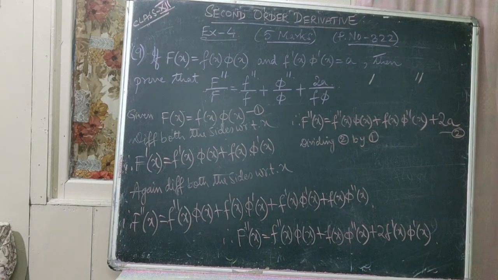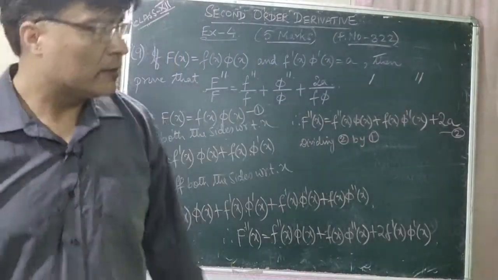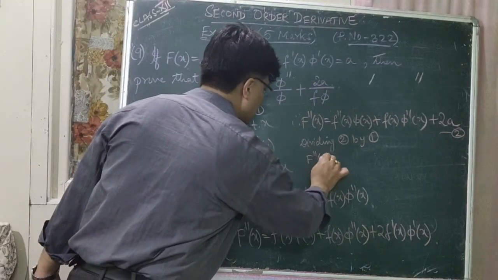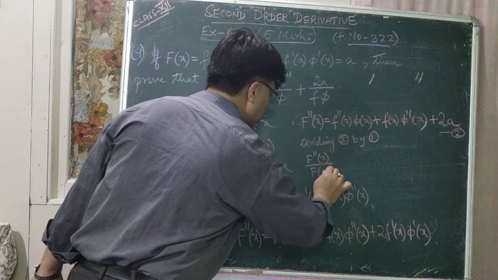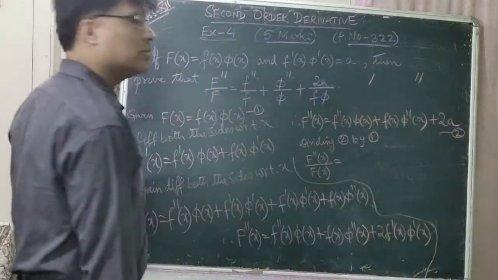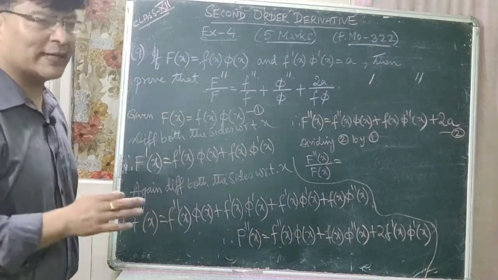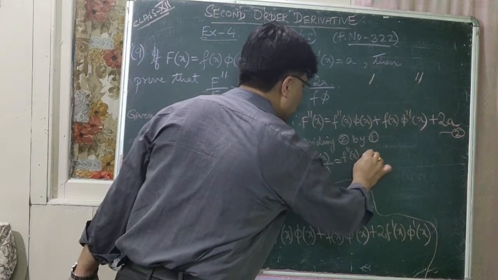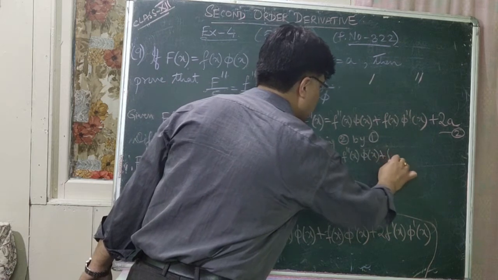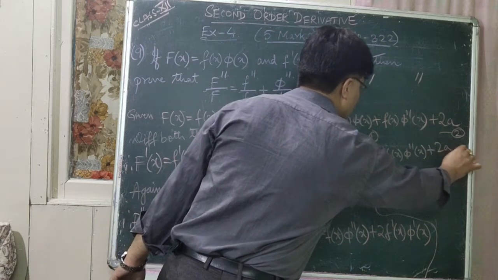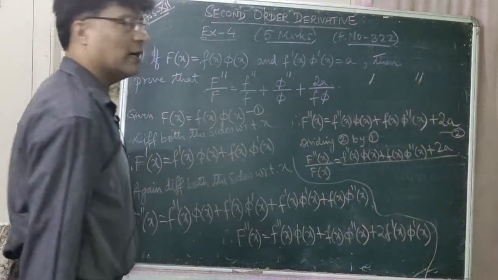So what do we get now here? Write down the left hand side of number 2 in the numerator. That is capital F double dash of x divided by capital F of x, which is equal to, next, what is there on the right hand side? You have to write down the right hand side of number 2 in the numerator. That is small f double dash of x into phi of x plus f of x into phi double dash of x plus 2a. This whole divided by